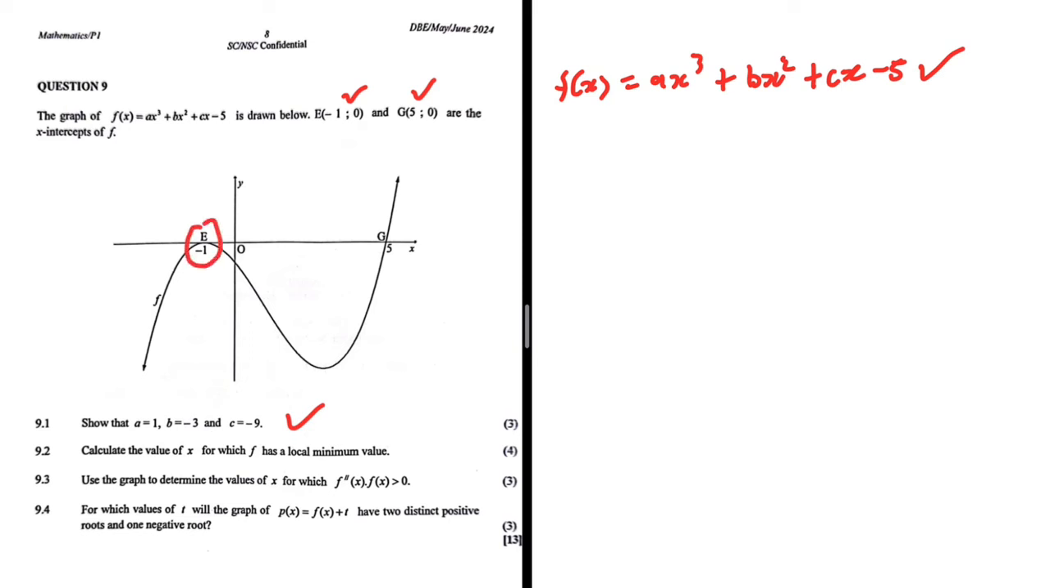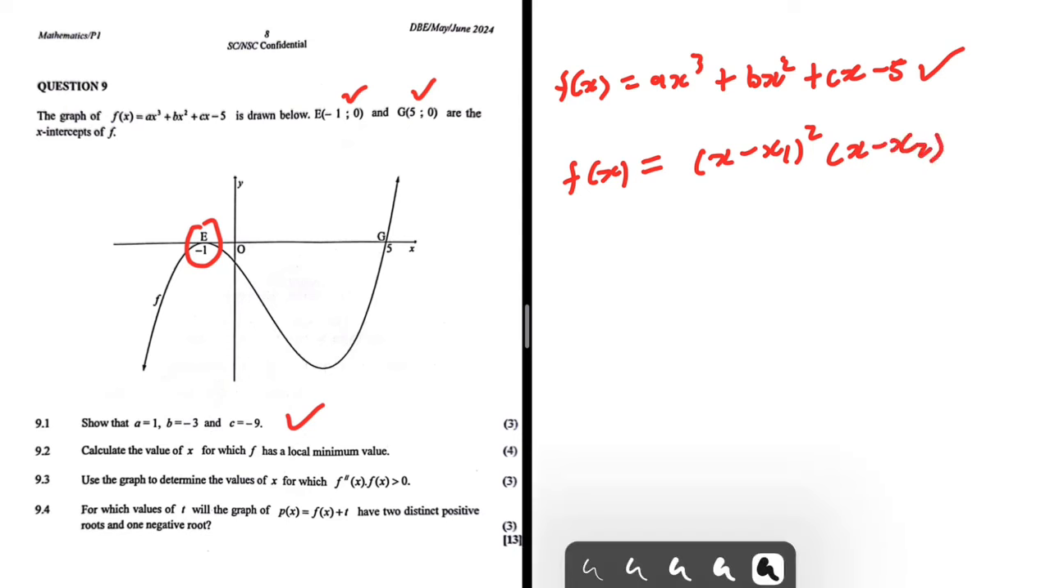E is an x-intercept and a turning point at the same time. That is easy to see. When that is the case, we have f of x being equals to x minus x1 squared multiplied by x minus x2. Usually we have x minus x1 multiplied by x minus x2 multiplied by x minus x3. But when you have an x-intercept that also serves as a turning point, then that intercept, you will use it as x minus x1 and then you square it